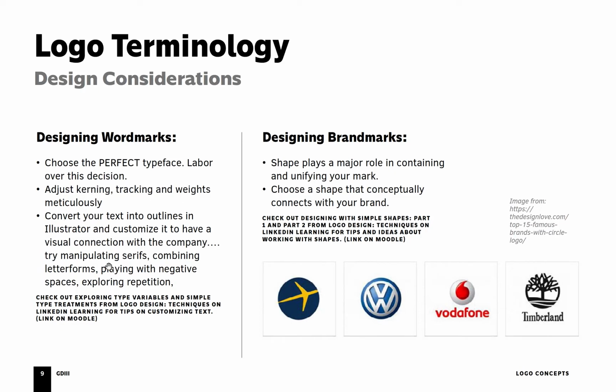You can also convert your text into outlines in Illustrator and customize it to have a visual connection with the company. So try manipulating serifs, combine letter forms, play with negative space, explore repetition, maybe make all the letters touch and see if any of the sort of interior spaces where they touch do anything interesting, kind of like FedEx. You could take out counters, so the internal shapes inside O's or other letter forms like that, and replace them with shapes that have a conceptual connection, right? There's a lot of opportunities just to sort of subtly